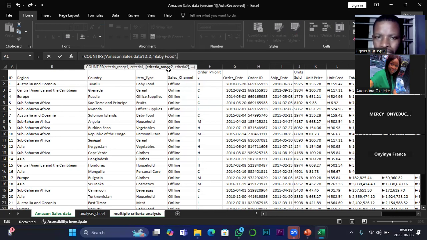Okay, now comma, criteria range 2, the location in your data set where criteria 2 value is, which is the country. So I will also select the country range. Then comma, where country is equals to, so I'm using the string method instead of cell referencing method. Where country is Togo, so exactly the way Togo is spelled, follow it. And then